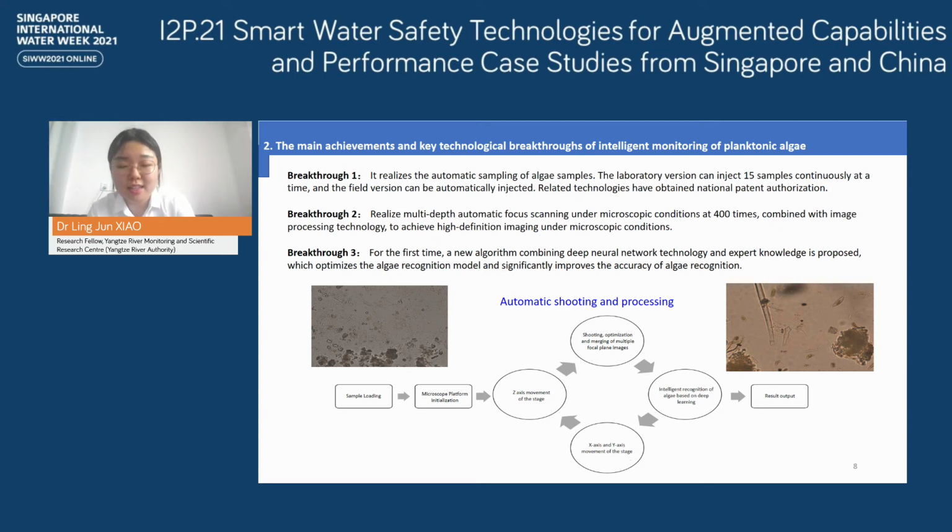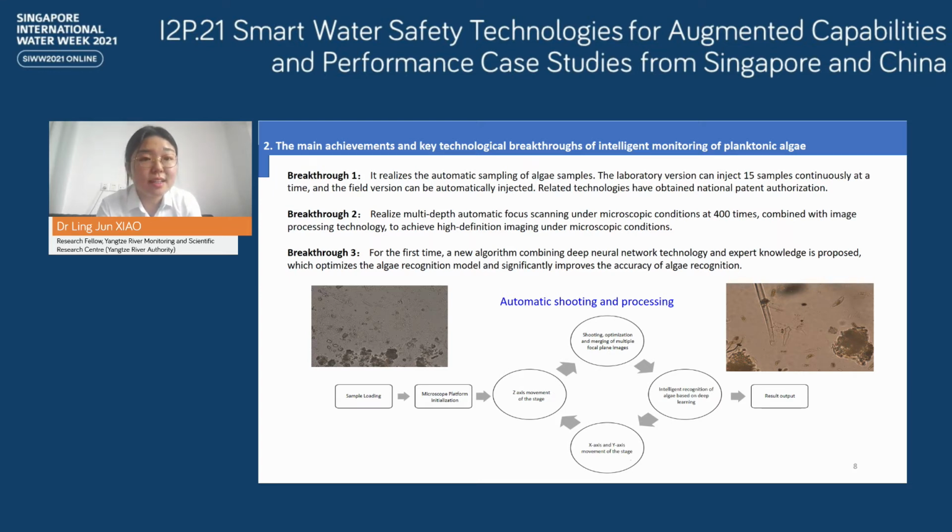All the analysis together with the images are saved to the cloud for reference. All the procedures, including sampling, focusing, shooting, composition, regulation, calculating, storage, transmission, and so on, are completely automatic, which is unprecedented in the practice of algae monitoring. There are three major breakthroughs of Algae Pro. First, it realized the automatic sampling of algae samples. The laboratory version can inject 50 samples continuously at a time, and the field version can be automatically injected. Related technologies have obtained national patent